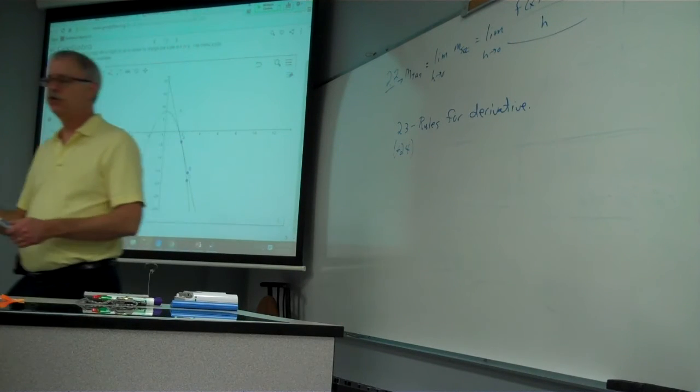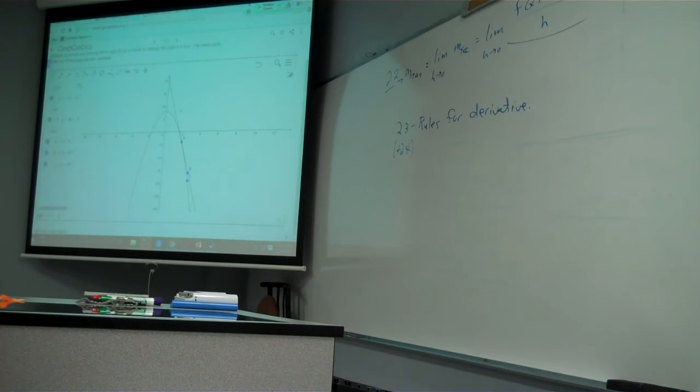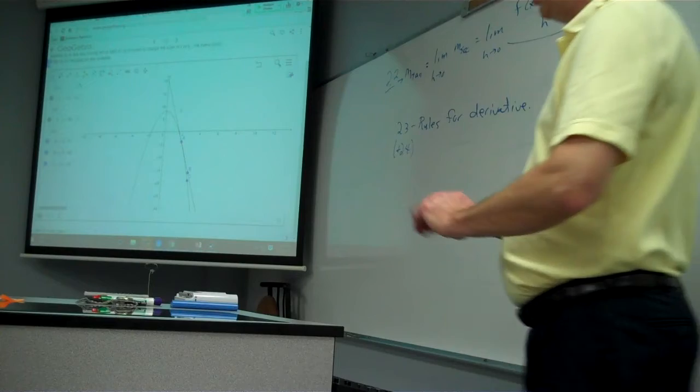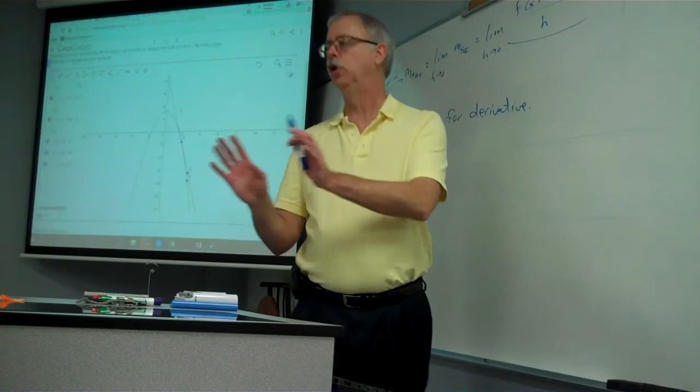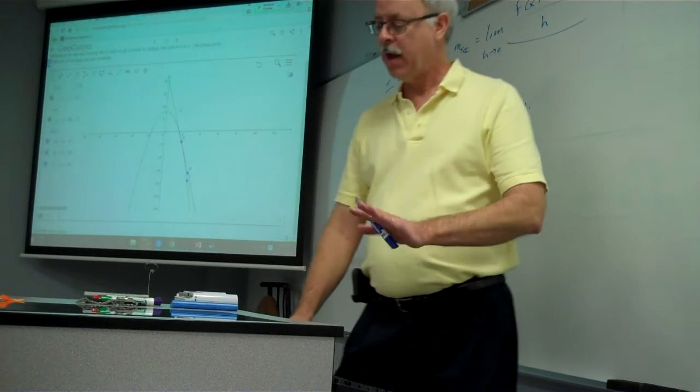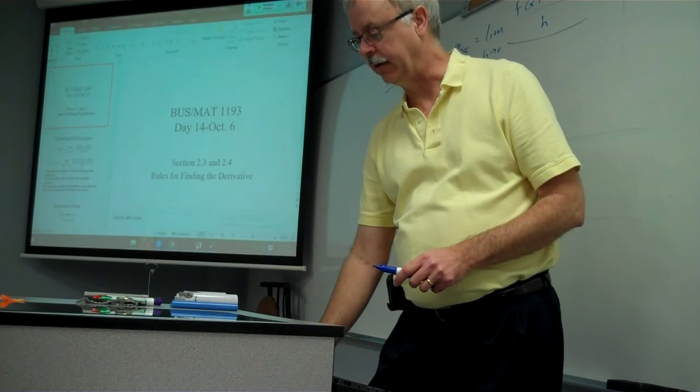So we're going to be looking at 2.3. We may get into 2.4, we may not. We may just get some 2.3. 2.3 and 2.4 both have some rules for finding derivatives, and they also have some interpretations of the derivative. Today we're not going to look at any additional interpretations. We're just going to look at some rules. How do we compute derivatives? And we may or may not get into 2.4. We're just going to have to see